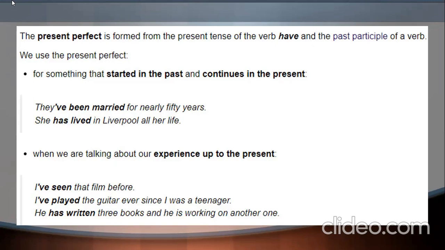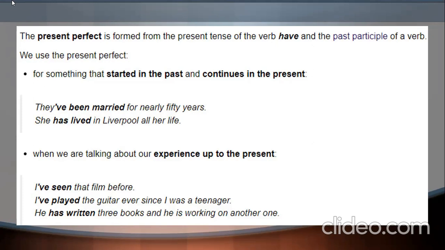She has lived in Liverpool, and now, well, the other is that's all her life. Exactly, all her life. It's the important event in the present. Good job. Now, when we are talking about our experience up to the present, something that we have done important. For example, I've worked at school. I've taught English